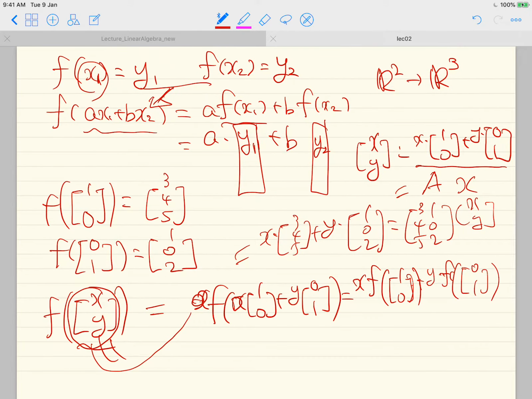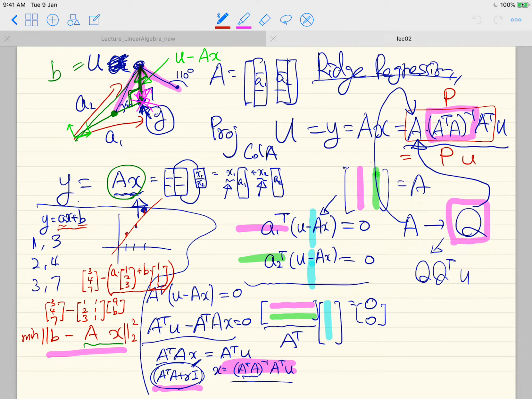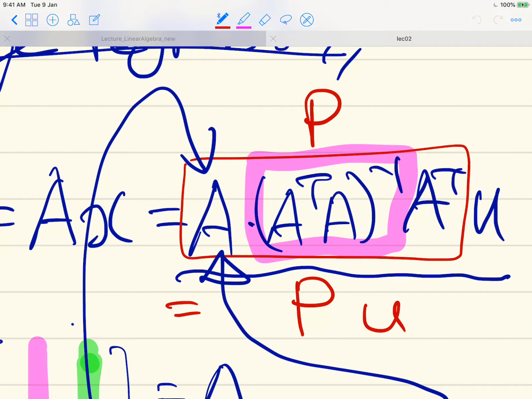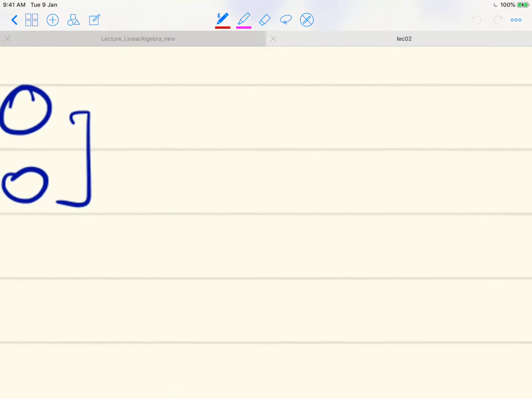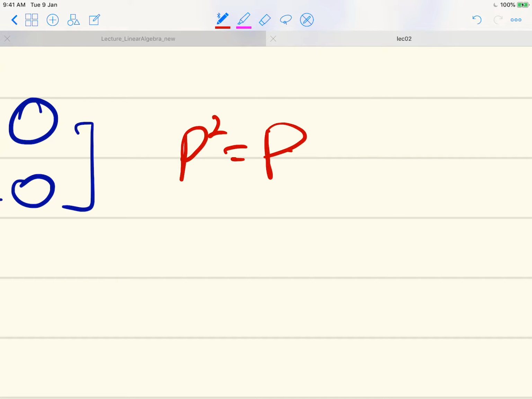Okay, so we discussed this projection, right? Projection is represented in this form. And last time we discussed this idempotent thing. So idempotent means P transpose equals P, and intuitively, if we imagine the process of this orthogonal projection,